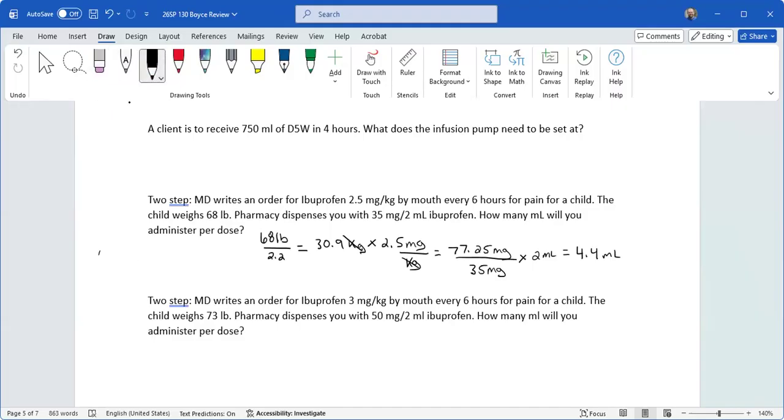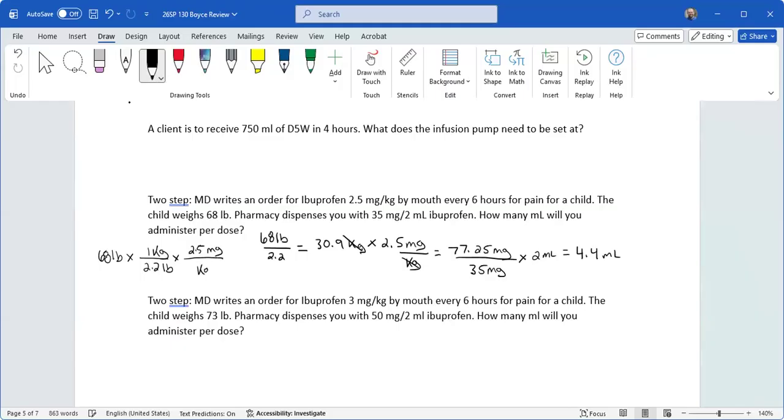I'm going to take the 68 pounds times the 2.2 pounds per kilogram, and then I would just put in my next conversion, which would be the 2.5 milligrams